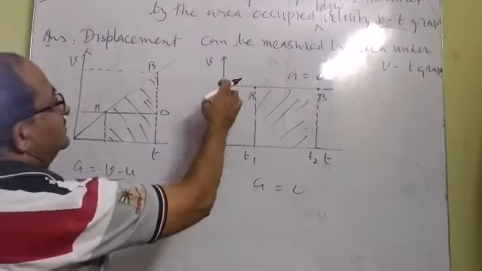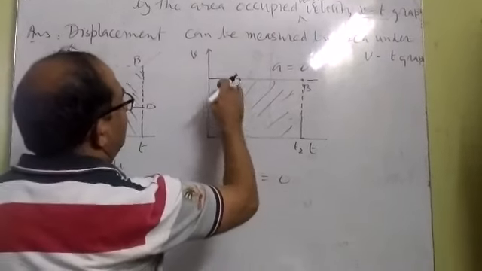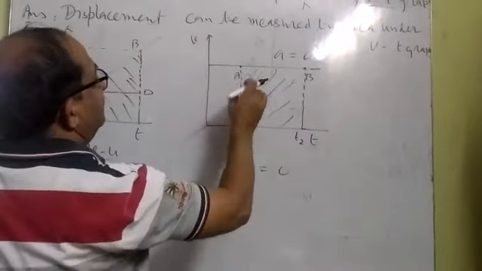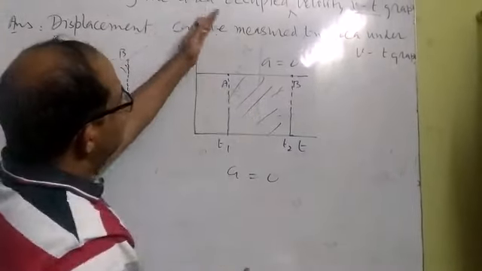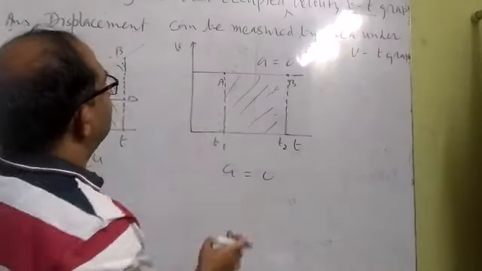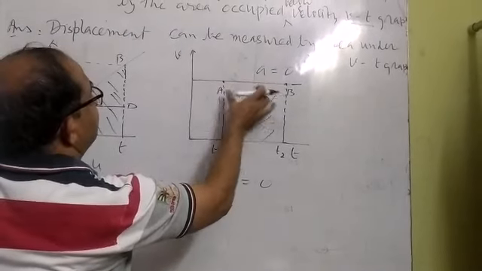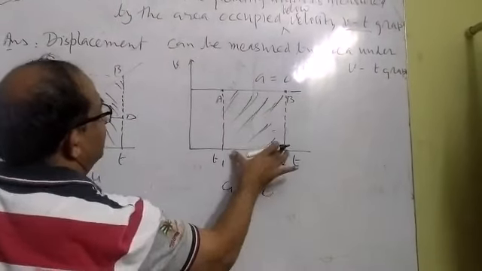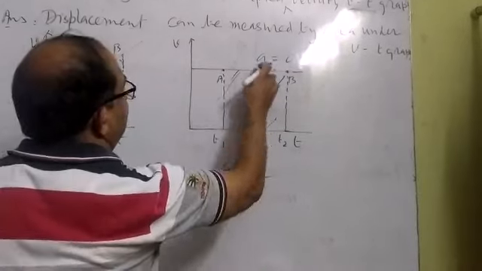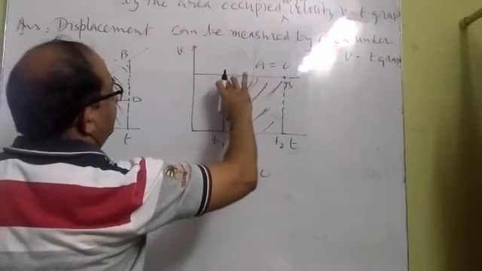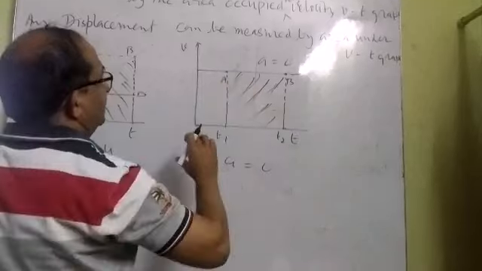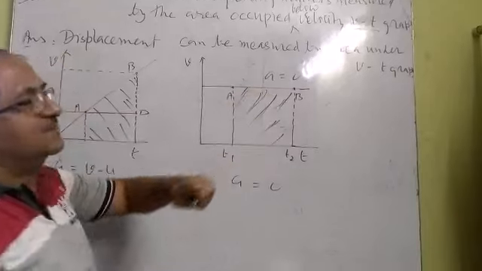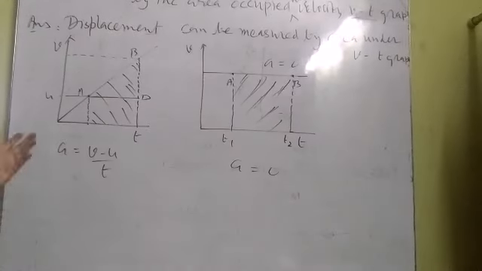In another case, another example, when the body moves along a straight path in the velocity-time graph, its acceleration will be 0 because the slope along the x-axis is 0. But again the displacement covered between A and B can be calculated by the area under this VT graph. This time the area is a square or rectangle, so we can calculate the area by multiplying length into breadth. So the area under the VT graph measures the displacement, or we can say the distance covered by the body when it is on a straight path.